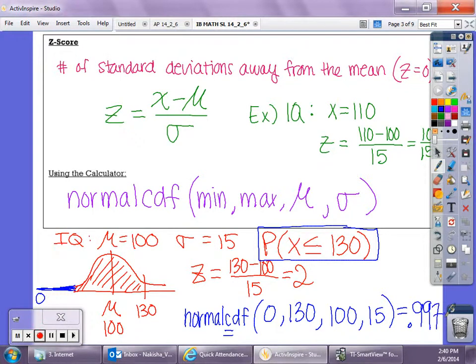What that says is the area underneath the normal distribution curve up to this x value of 130, which is the same as the area up to the z value of 2, would be 0.997. Now, 2 standard deviations away, you guys know the empirical rule of 95, but remember, we're now including that other part of the tail, which is why the value is not 95. Okay? So, moving forward,